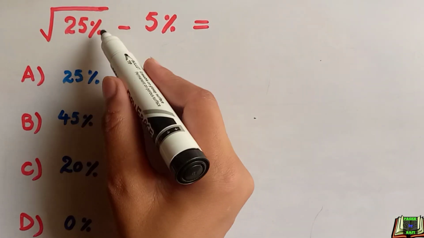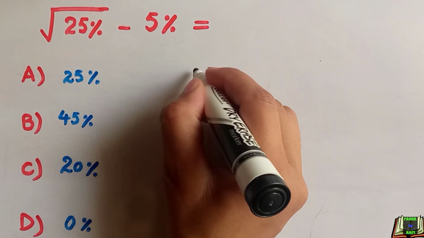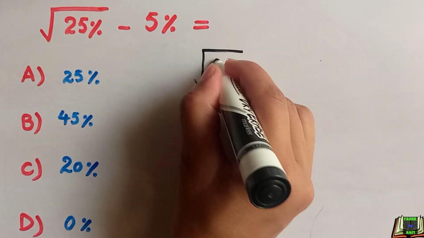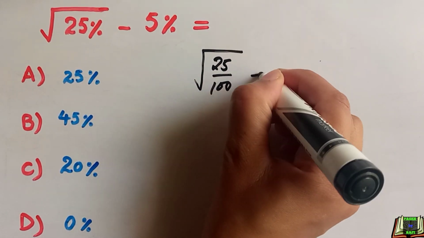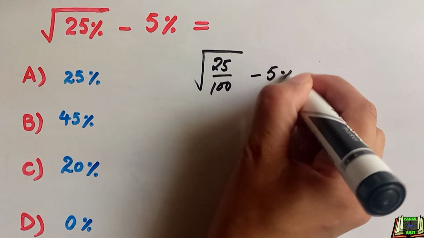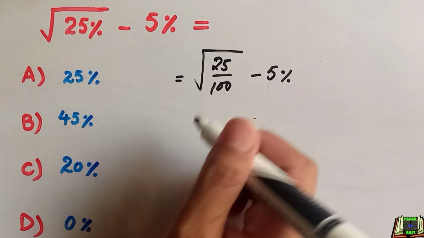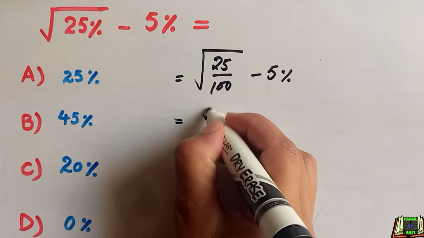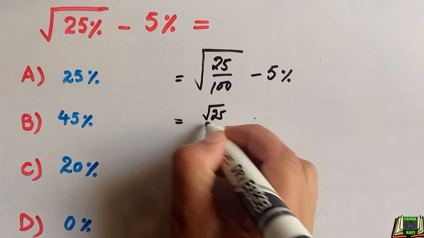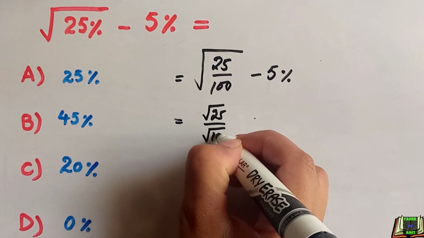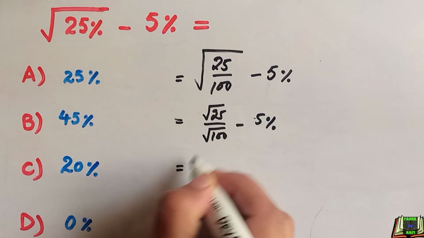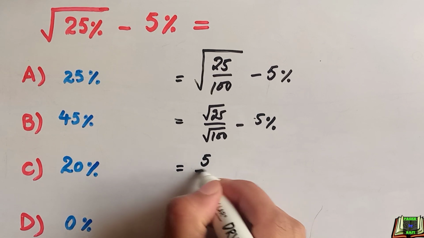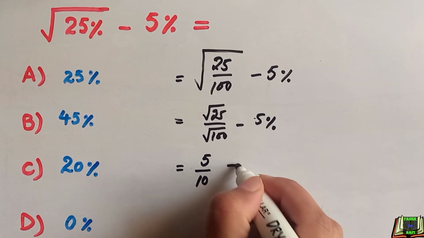Square root of 25%. First of all, we will change this percentage number into decimal number. For that, we will divide this 25 by 100. Minus 5% as it is. In the next step, we are going to write the numerator and denominator separately in square roots. As these are the perfect square, so square root of 25 is 5 and square root of 100 is 10